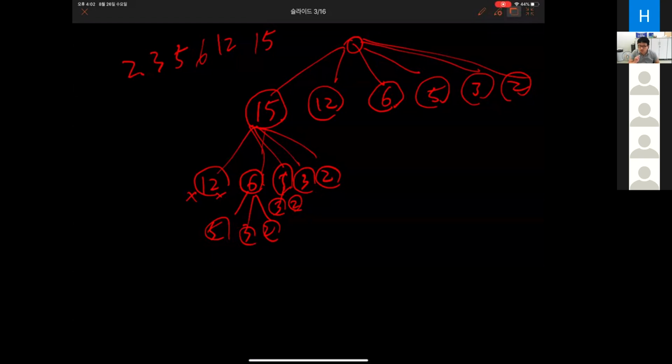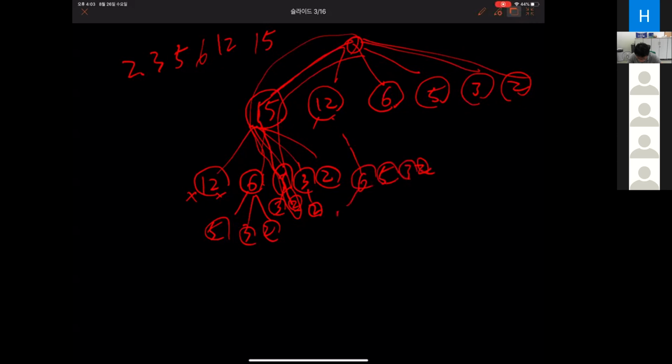So can you hear my voice even with the advertisement? Yes, we can hear. Okay, I'm going to keep drawing. So my smaller numbers are only appended to the lower. So 3 and 2. So this is a legal movement, right? So I have one legal movement, which makes 22. Then from here, you can do the same level, 6, 5, 3, 2. From here, 5, 3, 2. And 3, 2, and 2. And 12, 18, and there's no legal movement. 17,